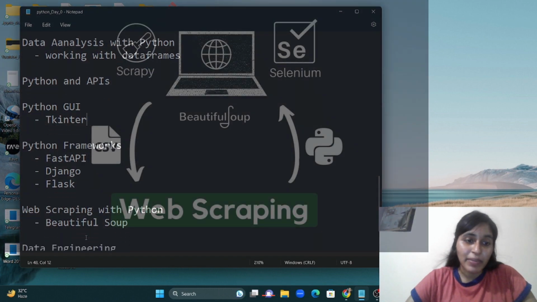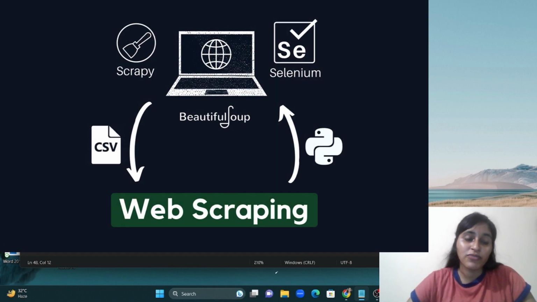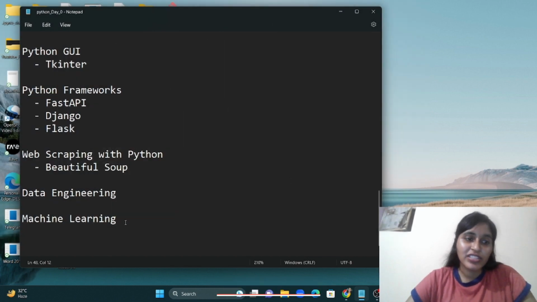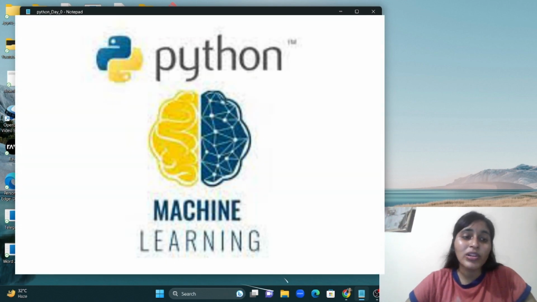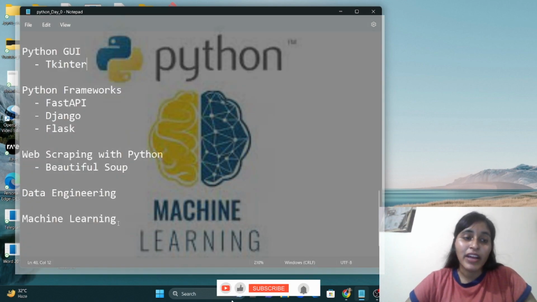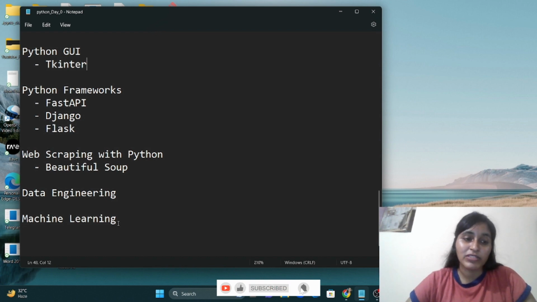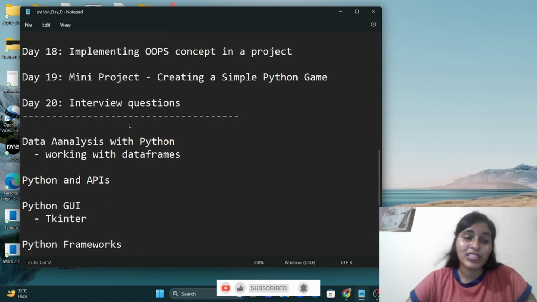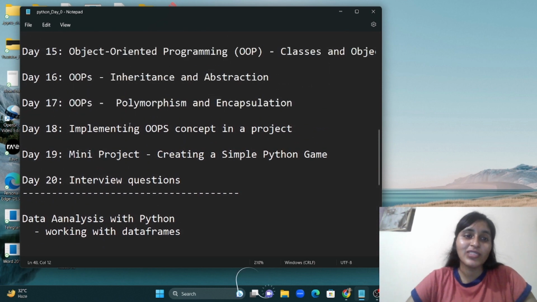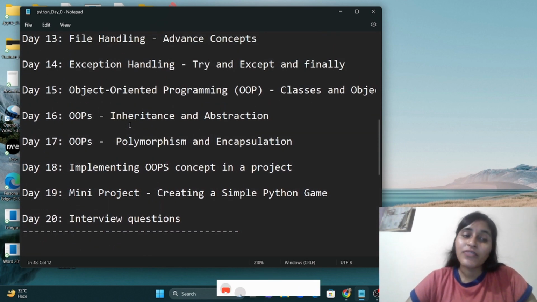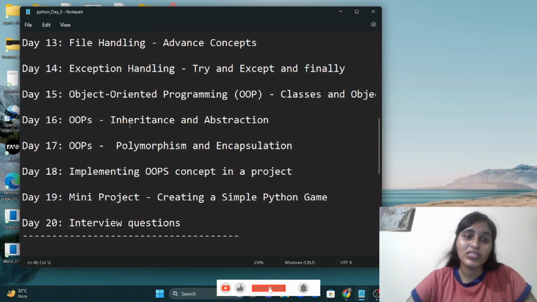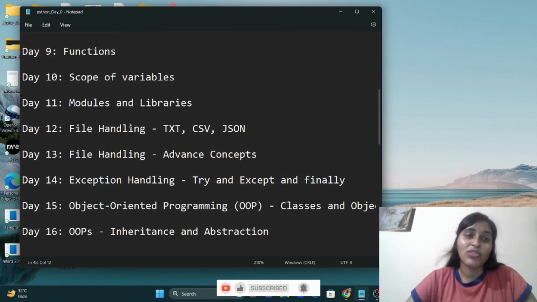And then web scraping is there with Beautiful Soup. If you just want to extract information from any website, then web scraping is there. And then data engineering, machine learning, deep learning, all these skills. Python is a very easy and very popular language. So from the next video we will discuss all those things in great detail. I bet, guys, after covering this whole course, you will have knowledge of every single thing in Python. And that's our action packed Python table of contents.